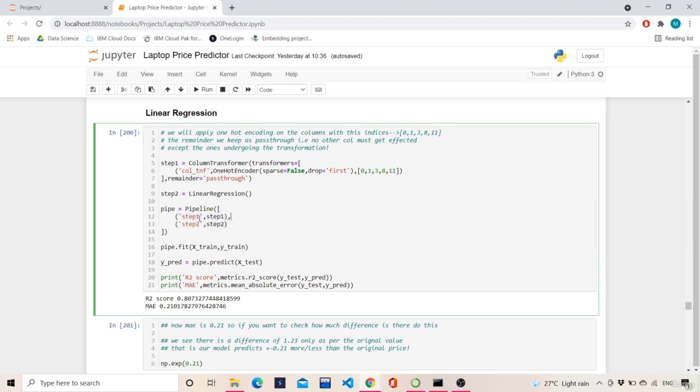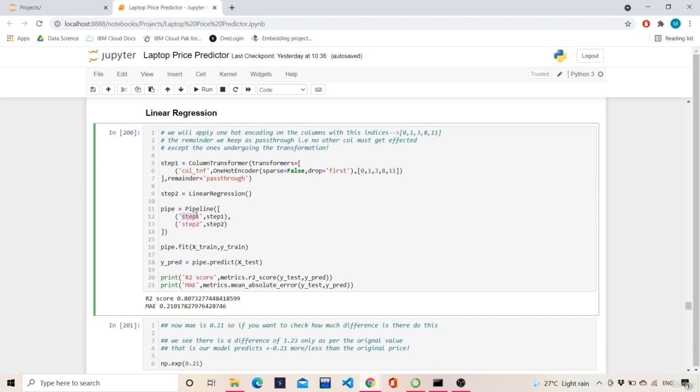So in order to identify a particular object, we need to mention some kind of label to it. So the label is step 1. So what is step 1? Step 1 is nothing but conversion of categorical features to numerical features. So in a pipeline, whenever the code is getting run, it will first check. First we have to convert the categorical variables to numerical variables, so the label of that step is step 1.